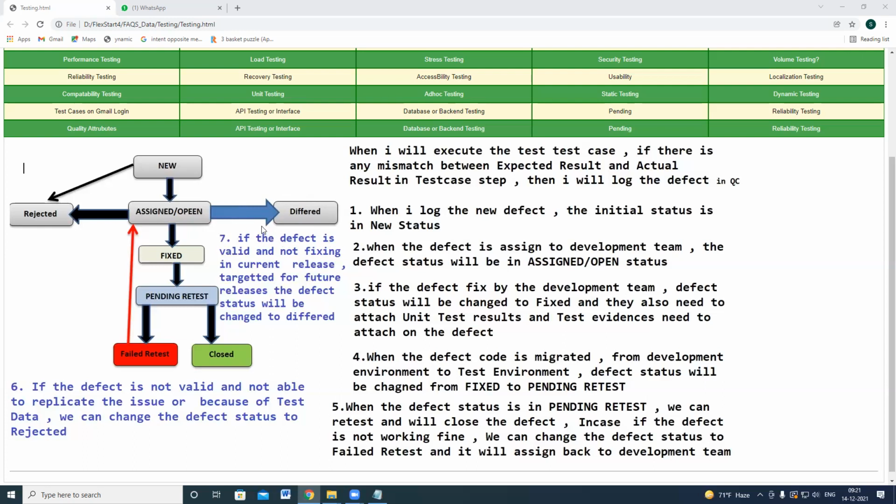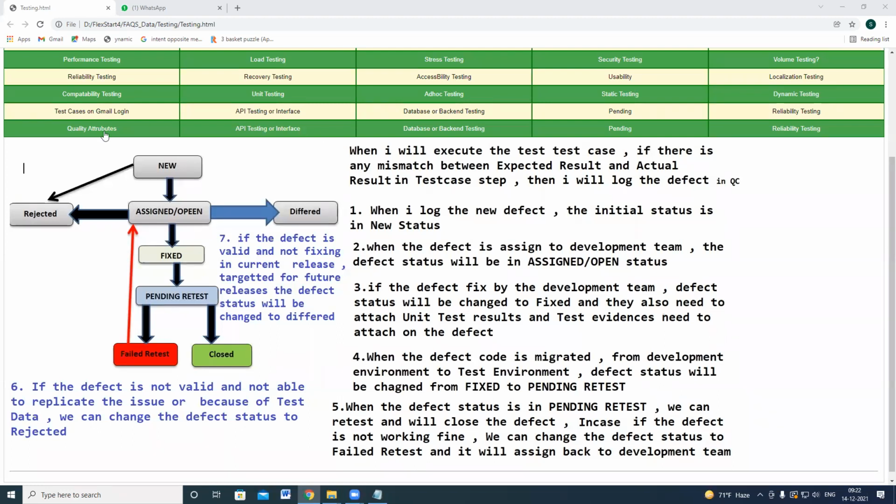Okay, next release means it is not in the current scope of the release. Every month, some new functionalities are delivered. So in the current month, this functionality was not delivered. That means that issue was not fixed in the current release. That issue is targeted for a future release. In such a case, the defect was not fixed by the development team, so these defects will be fixed in future releases. So the defect lifecycle status can be maintained as deferred.